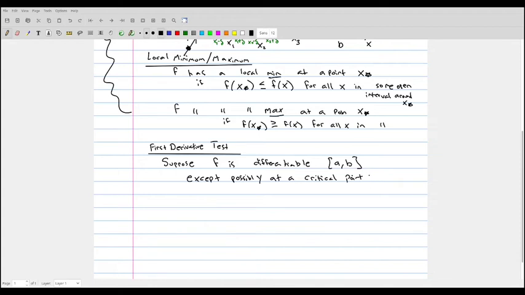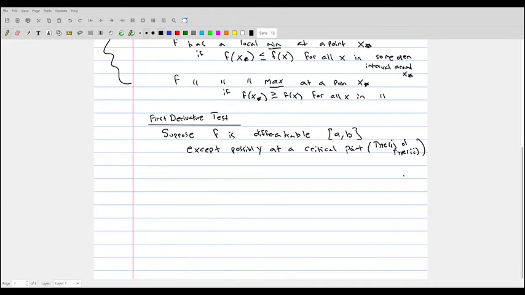This can be either a critical point of type 1 or of type 2. Remember, type 1 is where the first derivative is 0, and type 2 is where the first derivative does not exist. The first derivative test tells us that if